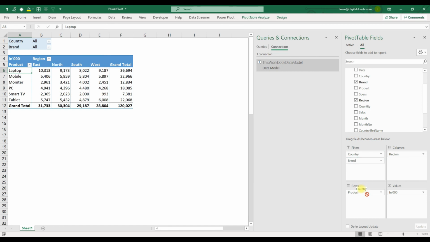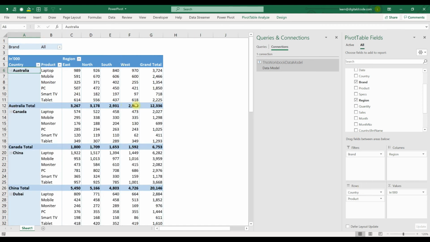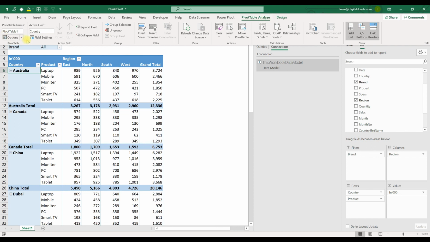I want each brand in each tab, so I kept the brand in the filter. Just go here, pivot table, click the arrow mark below. You can see here Show Report Filter Pages. This is disabled. So you cannot use this option when you use Power Pivot, but you can use this option only in the pivot table.